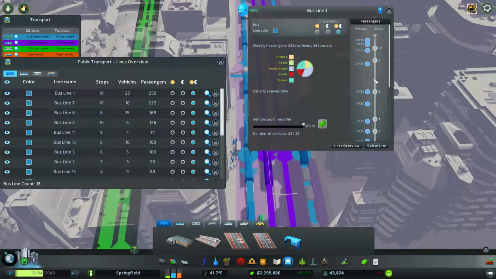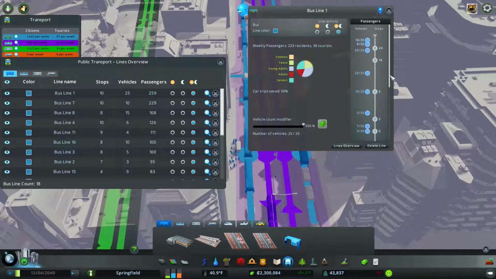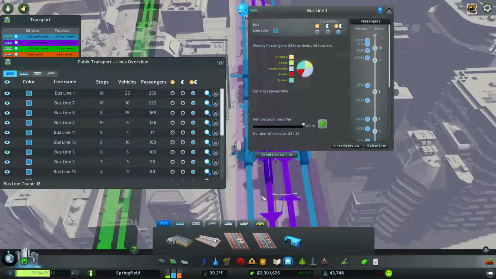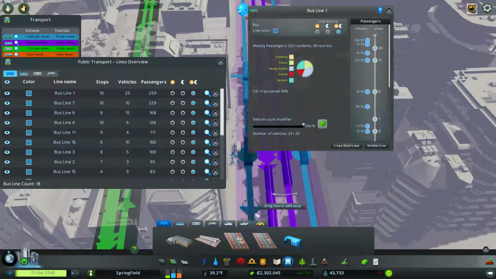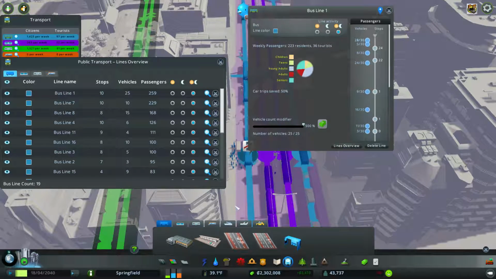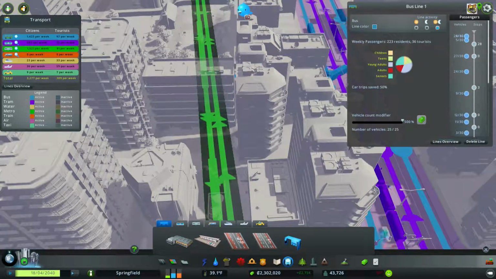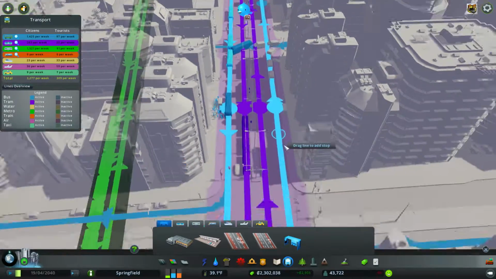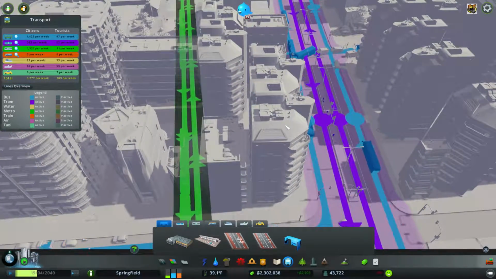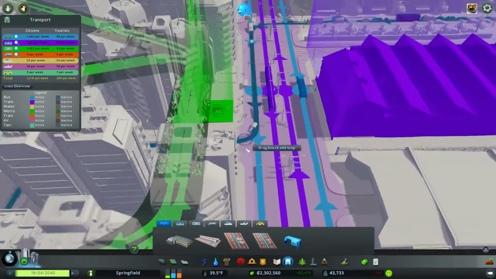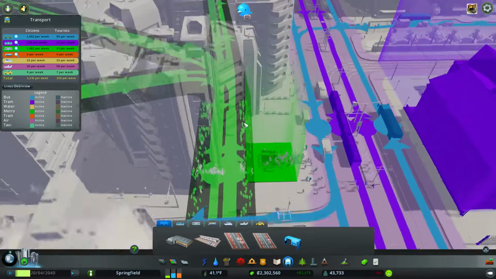Now sometimes it doesn't always work. Sometimes you have to do some other things, and I'm trying to remember right now where exactly it was that I did. One of the other things I did was I adjusted how my metro lines were running. So, for instance, once I added more vehicles and I still had some people waiting there, you'll notice I've got a metro line nearby down here. Now, there's a lot of people using this, but if you'll notice,